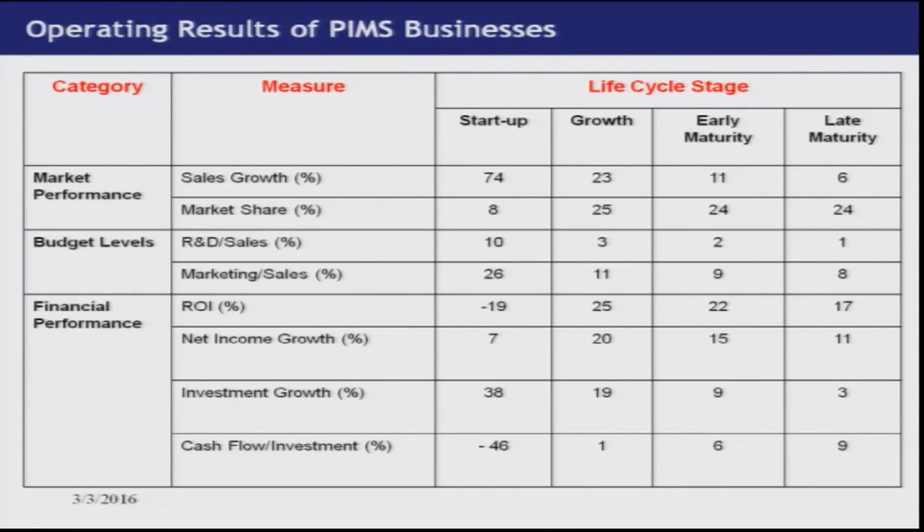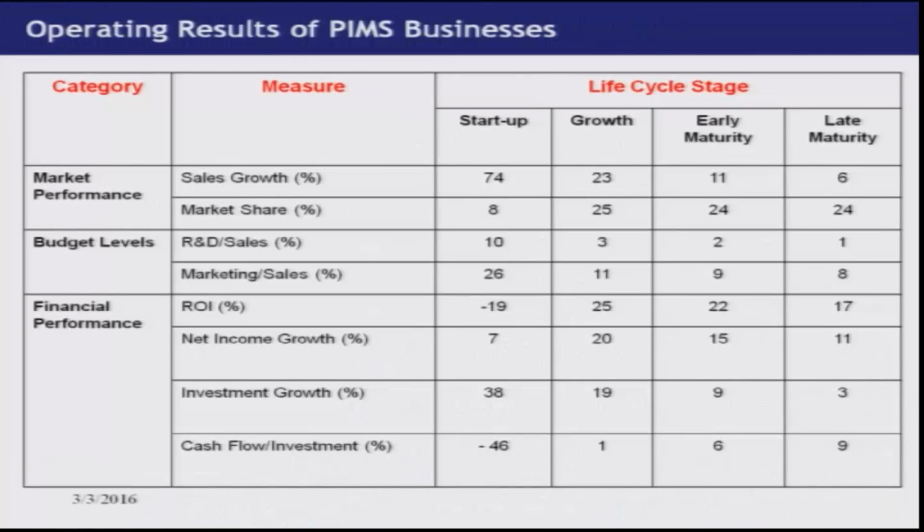As you see here, this shows the different stages in the life cycle and the different kinds of priorities that come up and the typical figures that we will see. This is from a huge study that was done across many industries over a long span of time in Europe as well as America. So, that shows, for example, that at the startup stage, 74% sales growth is normal,